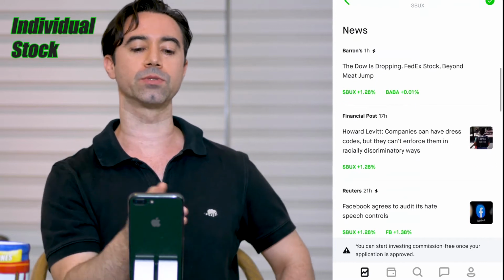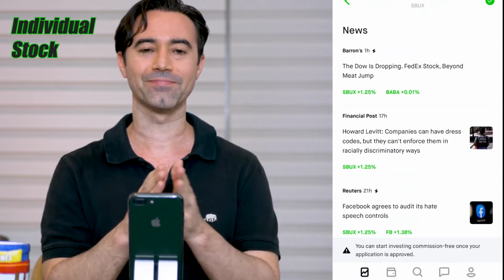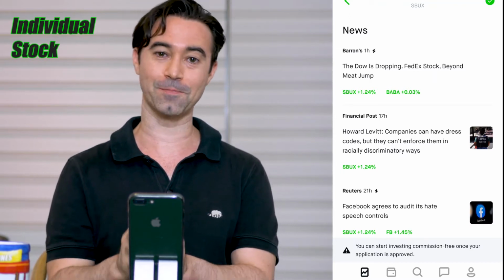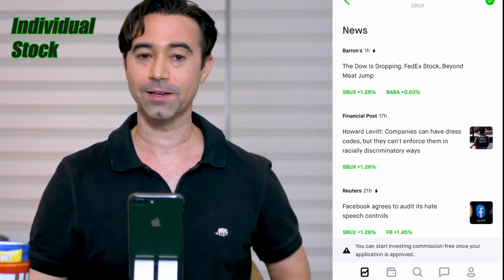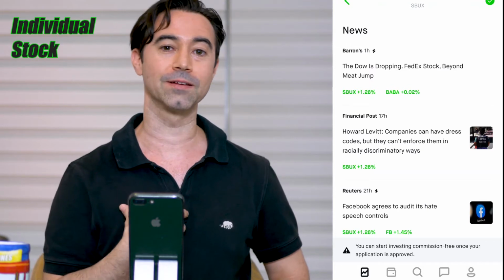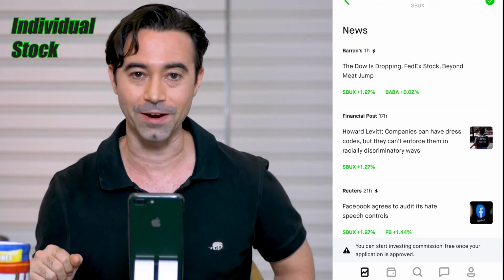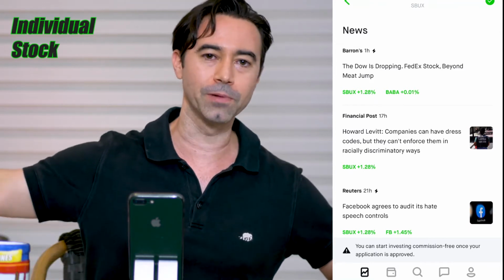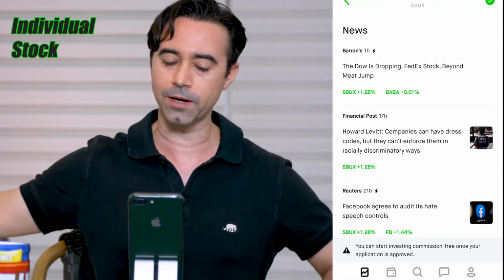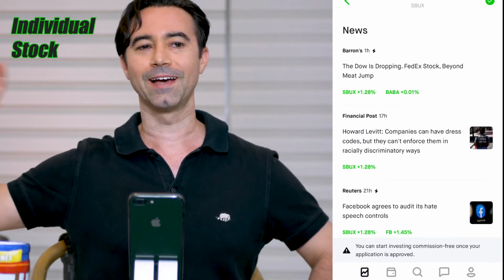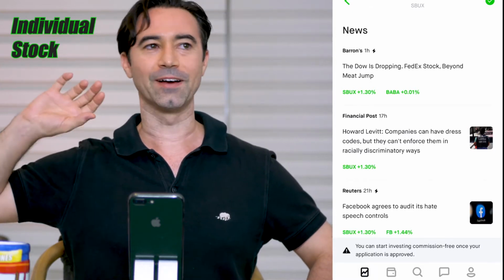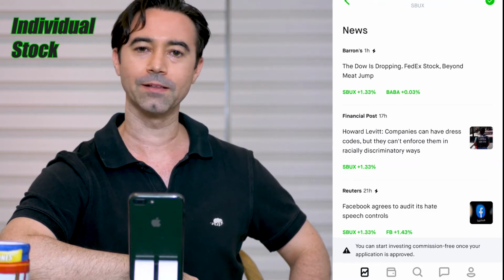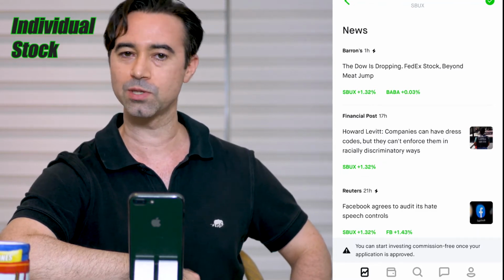Now, next is news. So, okay, I just want to mention that Barron's is the best news publication when it comes to investing. I read Barron's. I have always loved Barron's. It's always been my favorite newspaper. It comes out once a week. I'm from Florida, and I used to go to the Publix, which is our supermarket. I used to get my Barron's. I'd read my Barron's on Sunday. It's great. Now I'm here in Manila and I don't get the opportunity to go to a supermarket and buy